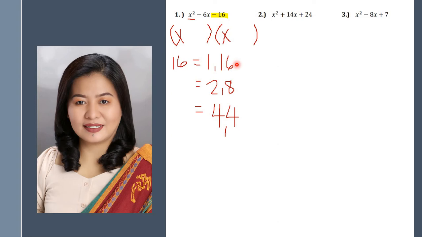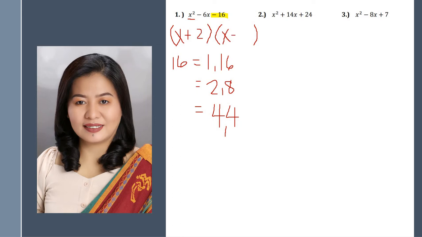And for 2 and 8, when we subtract 2 and 8, will that give us a possible answer of 6? The answer is yes, because when we subtract 2 by 8, that will give us negative 6. So our answer will be plus 2